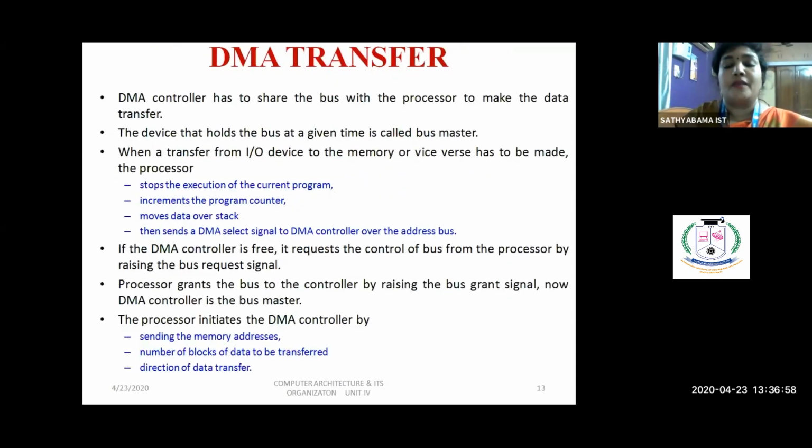So first we have to understand the buses can be shared by the processor and DMA controller. So at that time, which device holds the bus is called bus master. Initially, CPU will hold the buses and CPU will be master of buses and DMA will be in the slave mode. When there is a transfer initiated between input device to the memory or vice versa, the processor will